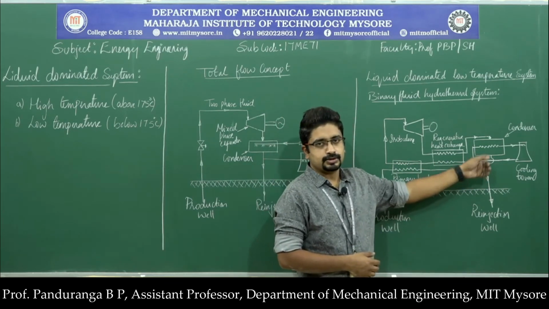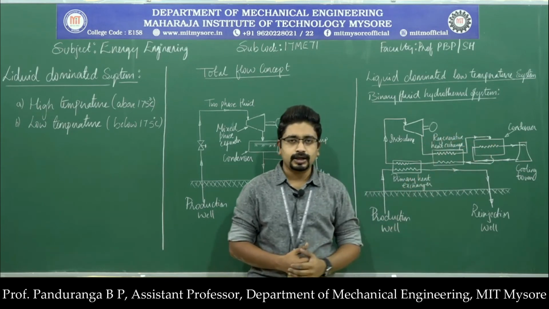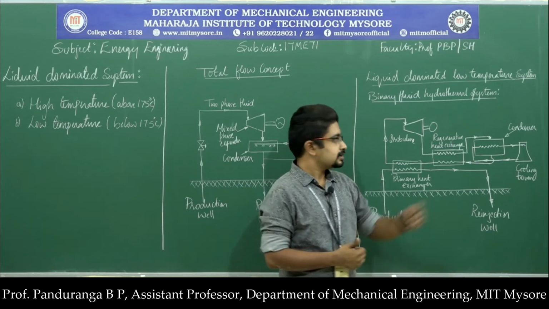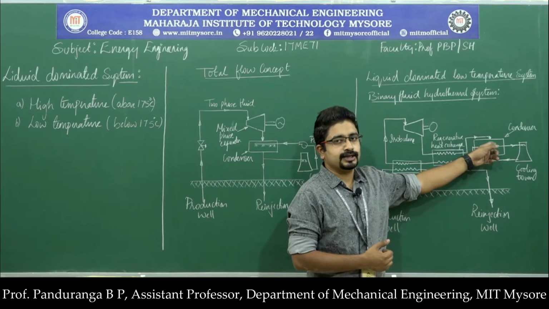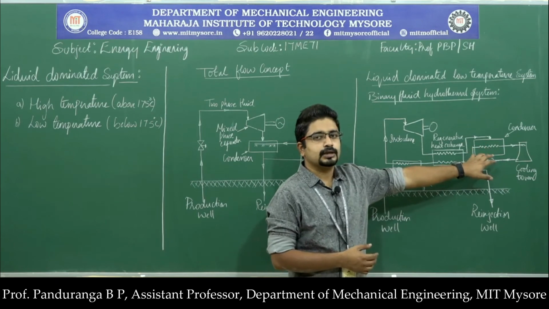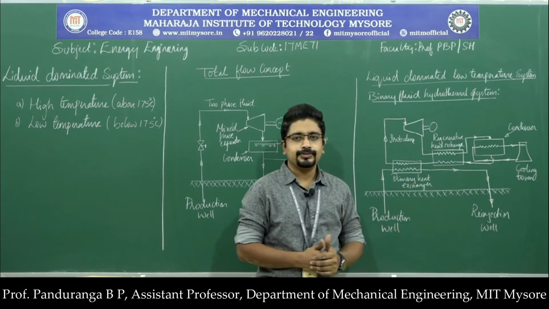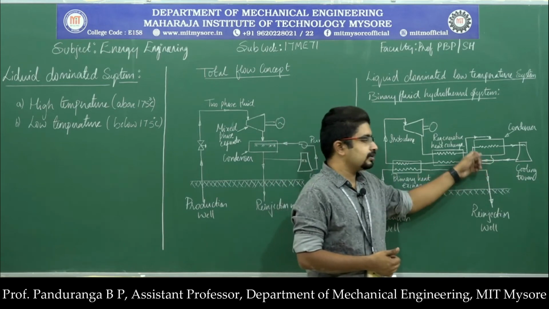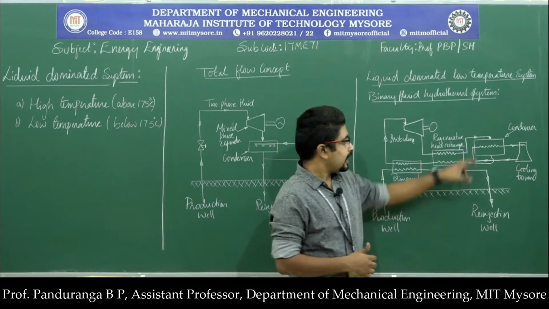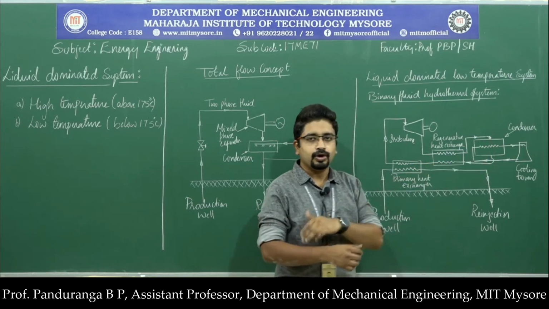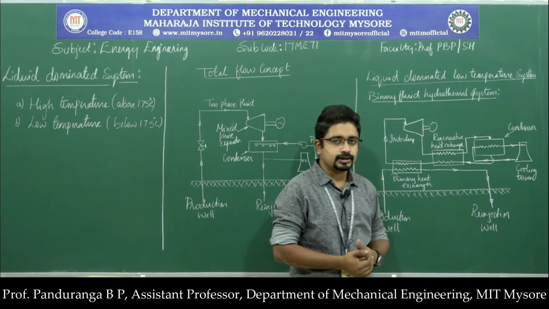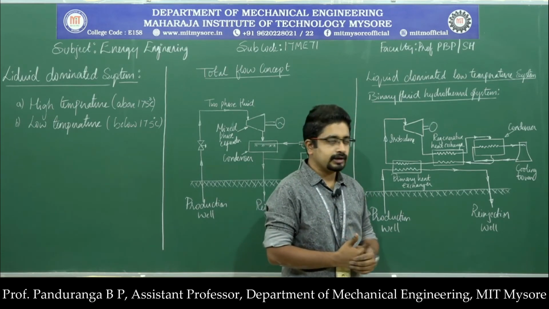from the condenser. In the condenser, we don't use a direct contact condenser because the cooling fluid and the hot fluid are different here. The hot fluid is vapor isobutane and the cold fluid here is cold water. So we cannot mix them together. So we use an indirect contact condenser where the liquid cooling water will be flowing through the bundle of tubes present inside the condenser, and the vapor isobutane will flow over the tubes, and as it flows over the tubes, it transfers its energy to the cooling water and gets condensed back into liquid state.